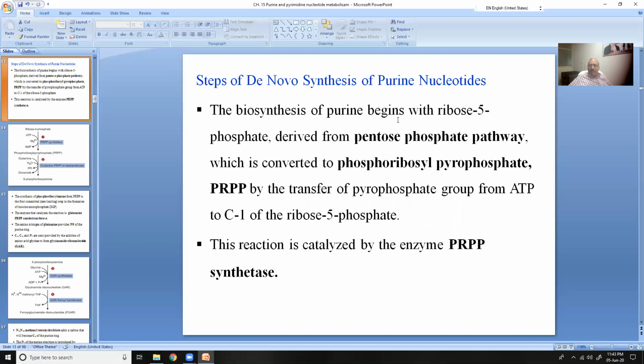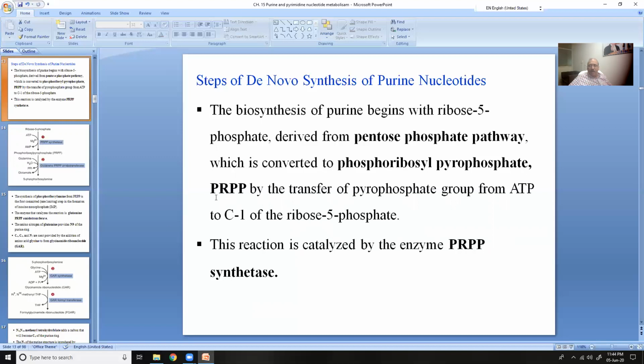You can remember the first steps of the pentose phosphate pathway: starting from glucose 6-phosphate, then you reach fructose 6-phosphate, and you are getting ribose 5-phosphate also. So they are contributing here. This ribose 5-phosphate is converted to phosphoribosyl pyrophosphate,